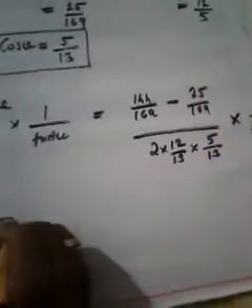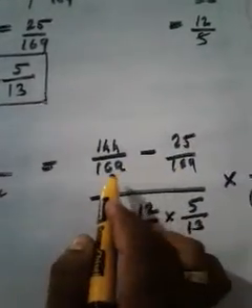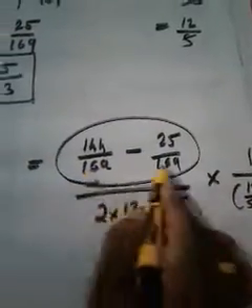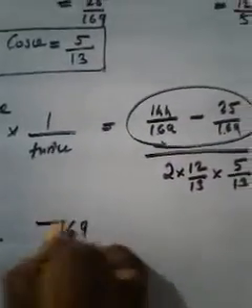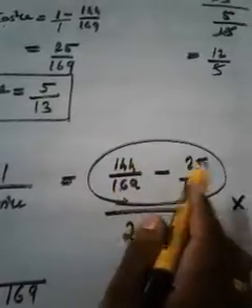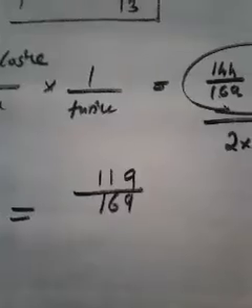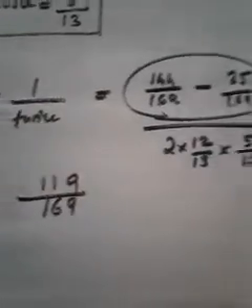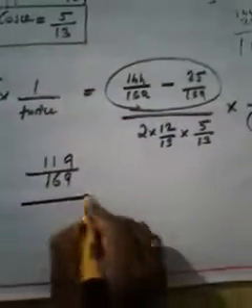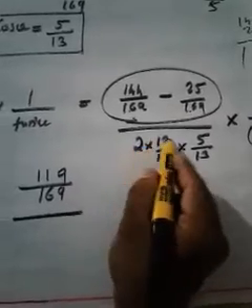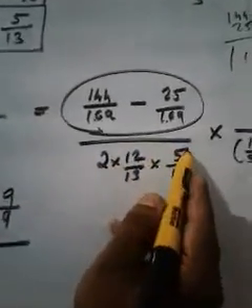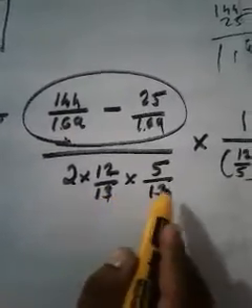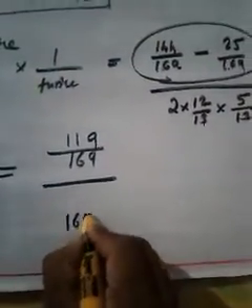Now just see, it becomes a numerator. How can we solve it out? See, in this part, how can we solve it out? The denominator is the same, no? So just write that. Subtract the numerator. What is 144 minus 25? So we got it as 119 divided by 169. You may have understood. And divided by, now what is 2 into 12? 24. What is 24 into 5? In that way, multiply the numerator, multiply the denominator. When you multiply the denominator, it becomes 13 into 13 is, yes, very good, 169.